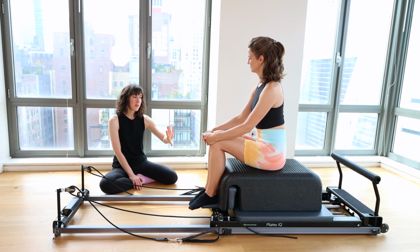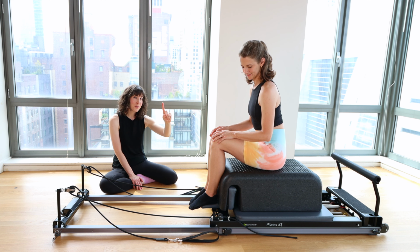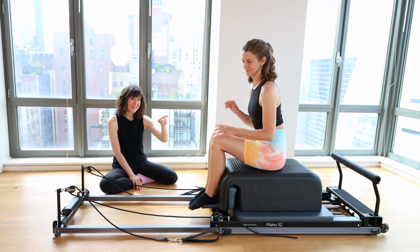We're going to start with the box in long box position, feet on the headrest. Your butt will be kind of in the middle, but